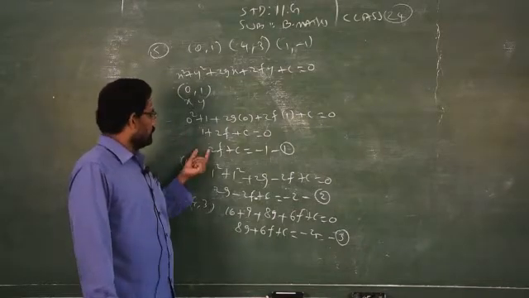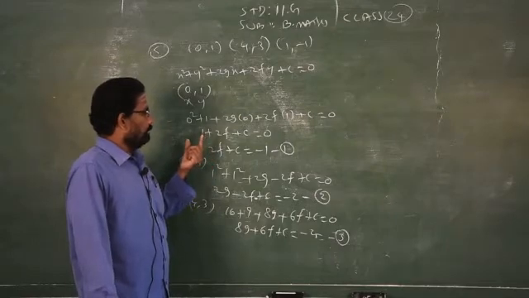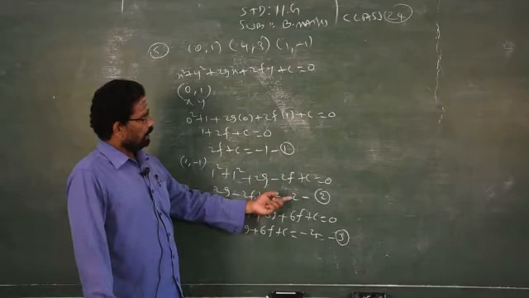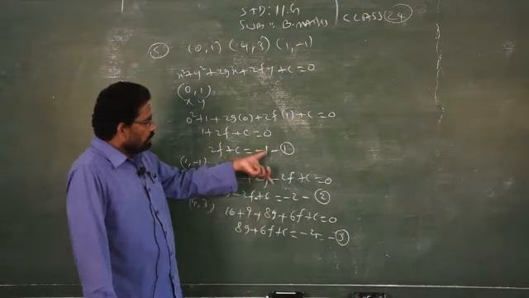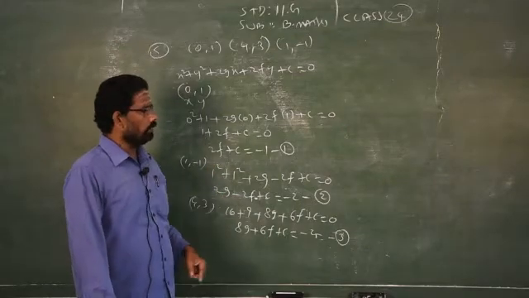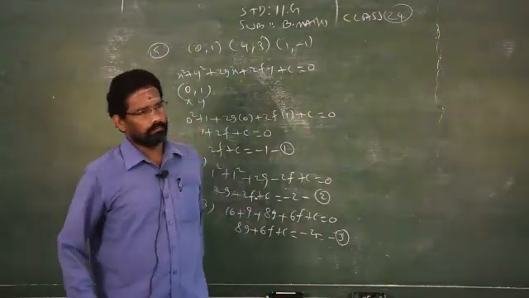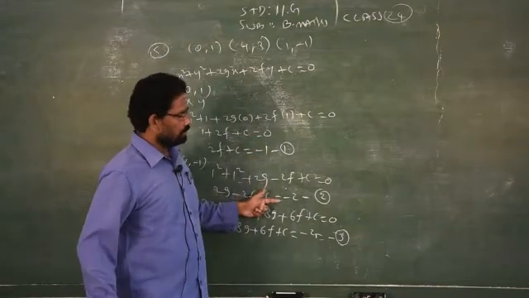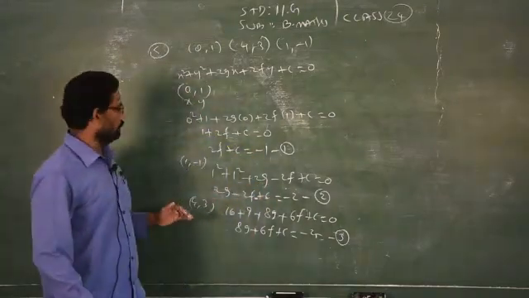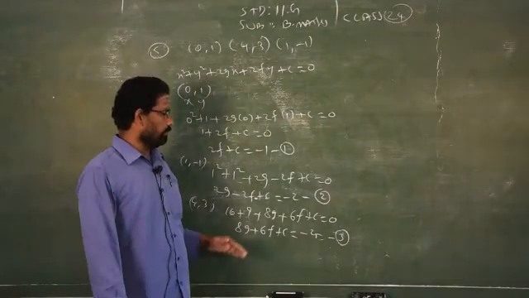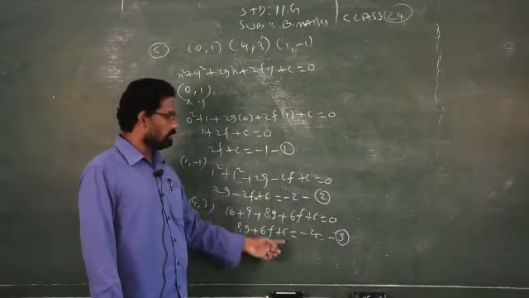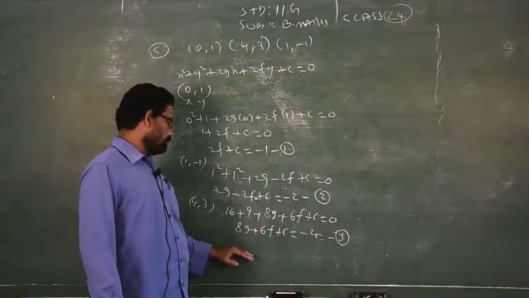Suppose there is a g term in the first equation. Boys, when you start to solve, first you take equations number 1 and 2, then 2 and 3. If you consider these 2 equations, when equation 1 has a g term, always try to eliminate c. If you take the first 2 equations and eliminate c, you will get a result in terms of g and f. Then you take equations number 2 and 3, again eliminate only the variable c, and again you will get a result in terms of g and f.